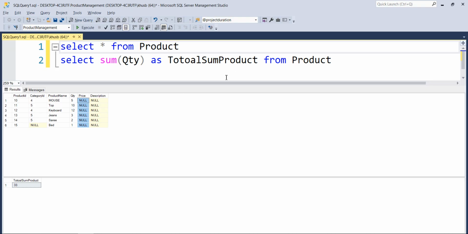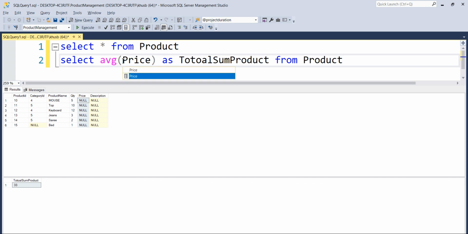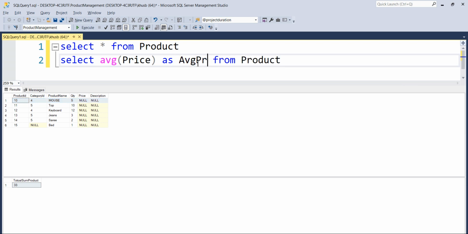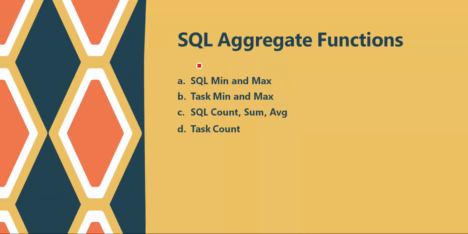So what I'm going to write here is AVG, and then in this column I can specify the price. So whatever the average price of these products will be, it is going to return. All right.